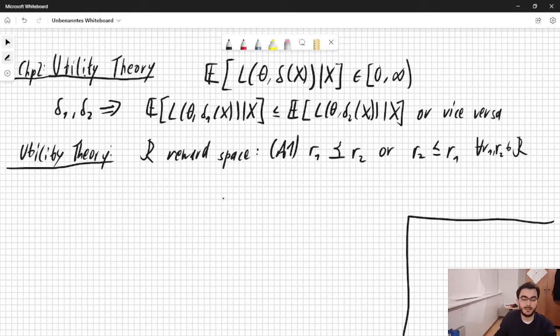In estimation theory, no matter what kind of decisions we make, we can compare them. Already, this is not necessarily true. And this is how I'm going to proceed today. I'm going to state one of the axioms. We're going to take a couple of axioms behind utility theory, and I'm going to contrast